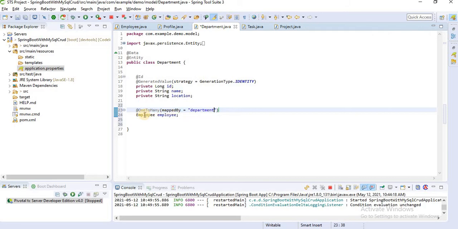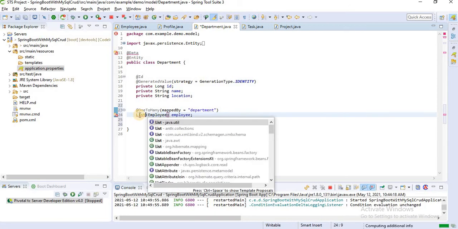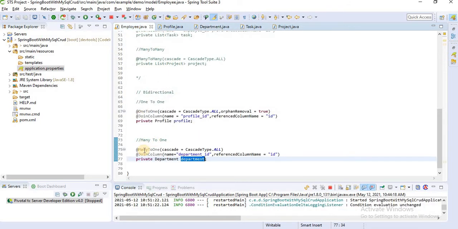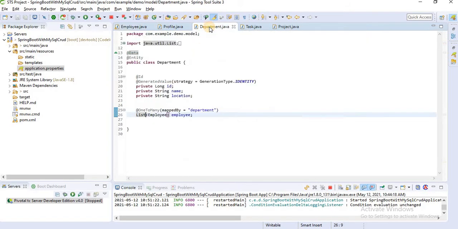Here we have a list of employees. One department has multiple employees. That's why we define this employee as a list of employees. Let's import the list. So we define many to one in our child entity, and there we define one to many and mappedBy department.